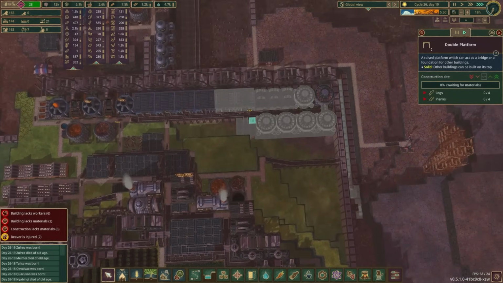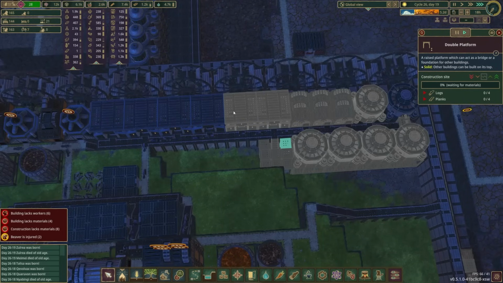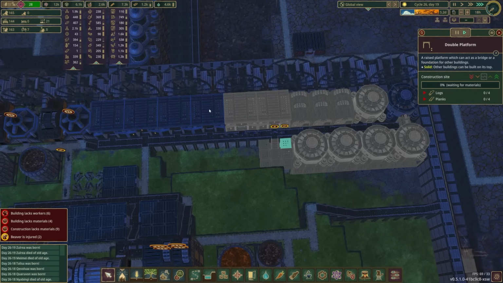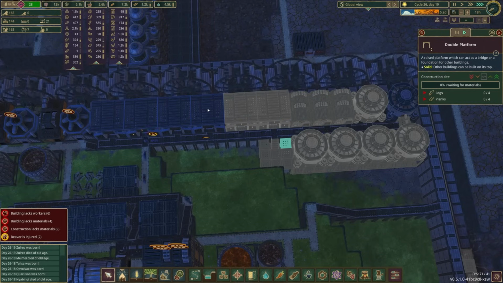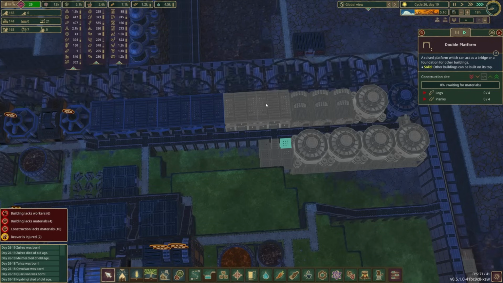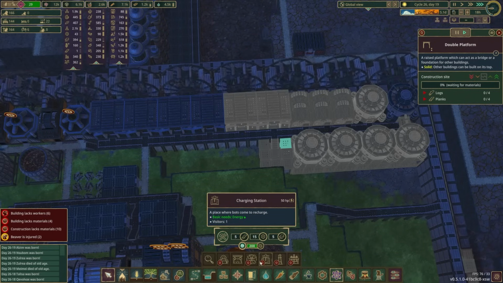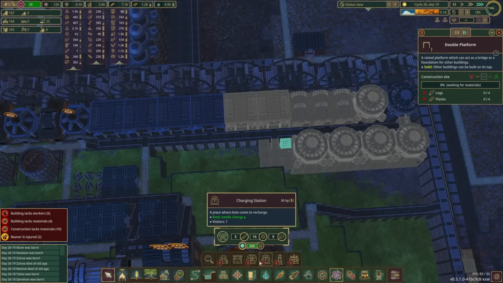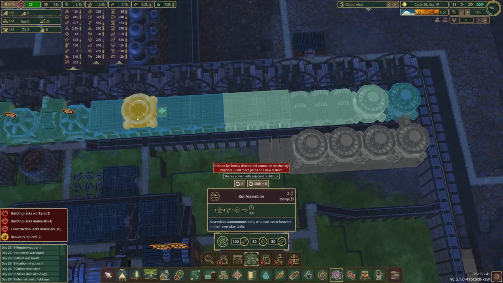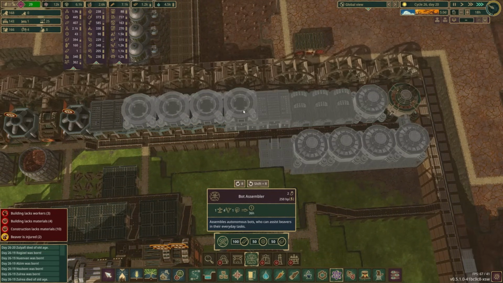So what I was going to suggest for that is to just make a second level. Now we have 6 of these, and each set of 3, based on math and a little bit of experience, can support 2 bot assemblers. So theoretically we can only build 4 of these. I'm going to go ahead and research this, and I think we'll just stack those right